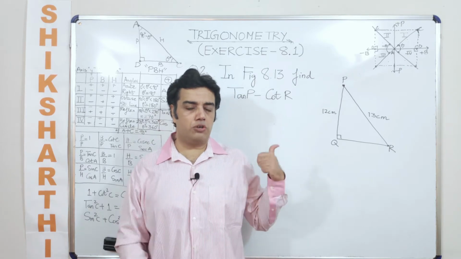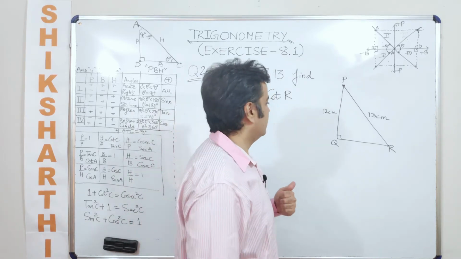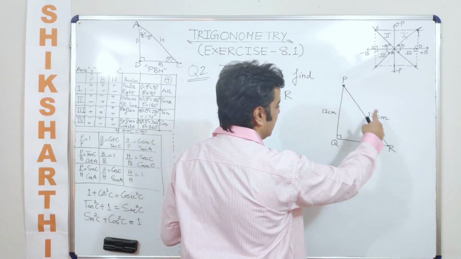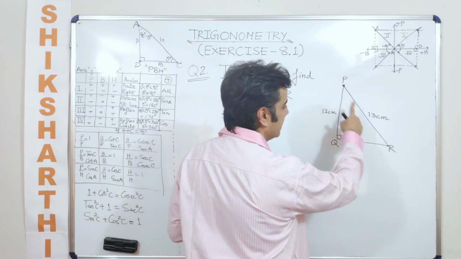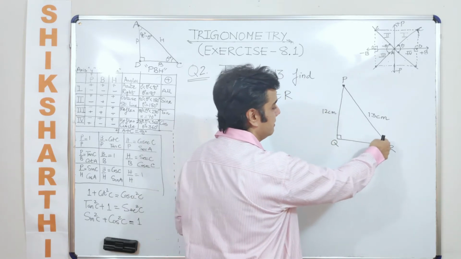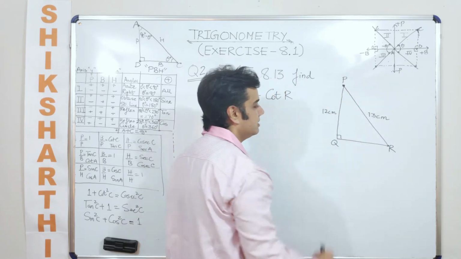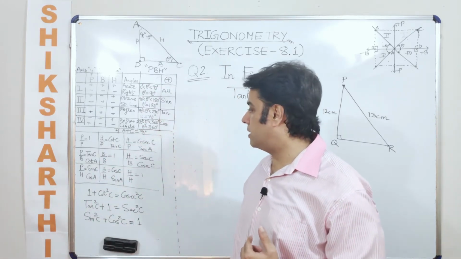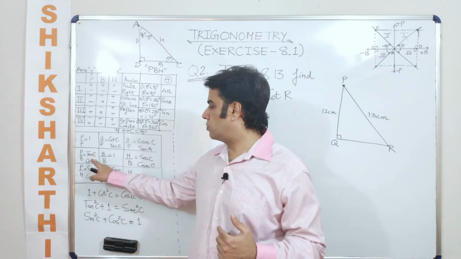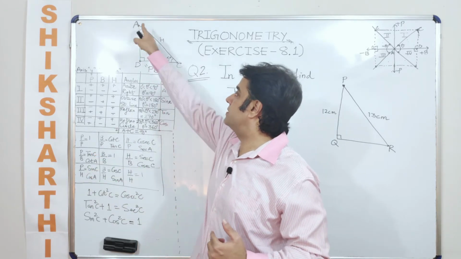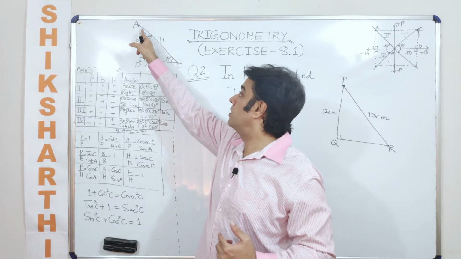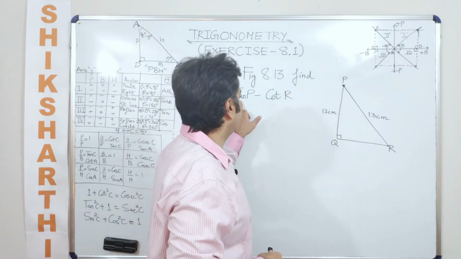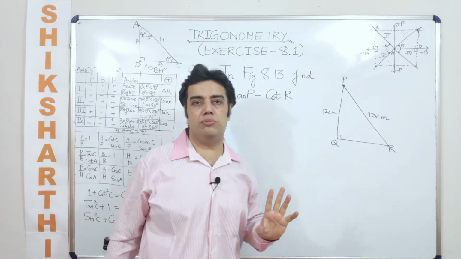Now, if I talk about question number 1, we just discussed a property. If the right angle is at Q, we know that P and R are complementary angles to each other. And why do I say complementary? If this angle is theta, this becomes 90 minus theta. So in that case, we will be able to say that tan P is equal to cot R, tan C is equal to cot A. So we are talking about this triangle. Tan C becomes equal to cot A, or tan A becomes equal to cot C. So you already know that tan P is equal to cot R. So this answer should come out to be 0.